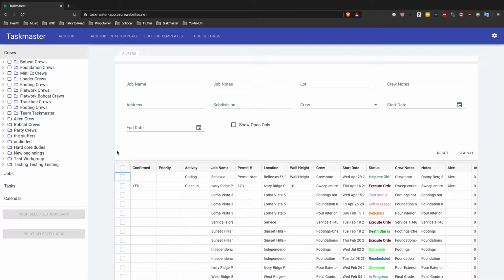Okay, so let's go ahead and get started with this. This is the demo for the Taskmaster web application that our capstone group has been working on for the last 2 semesters. We're just going to give you a little context, overview, and vision of this before we get started